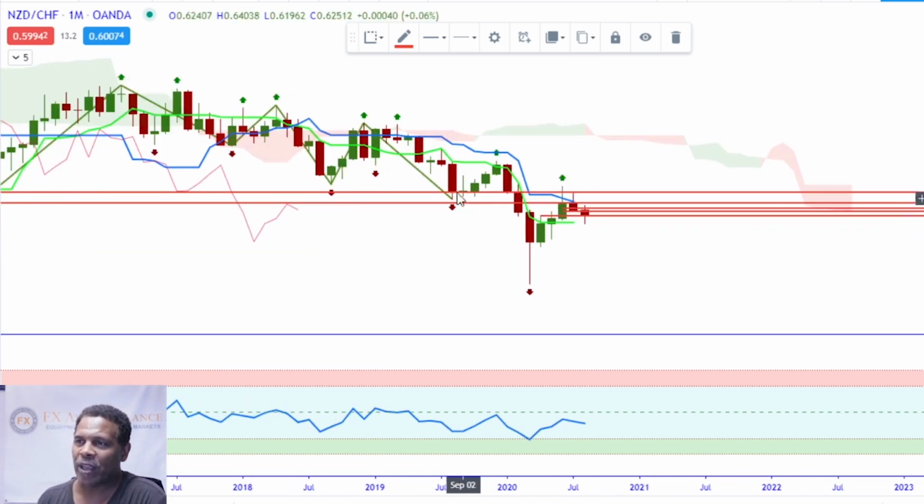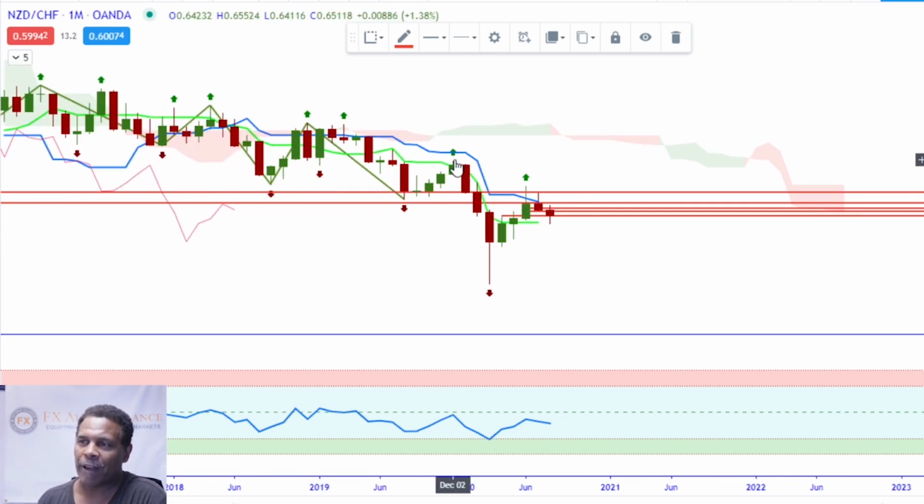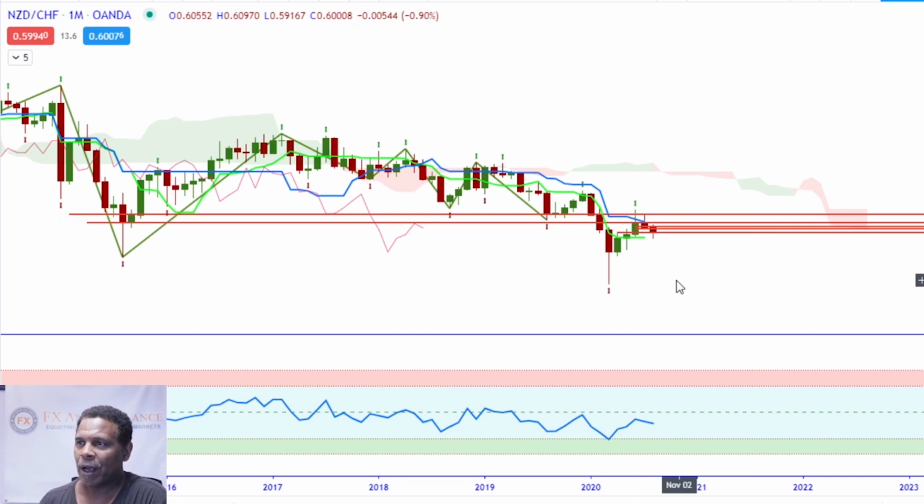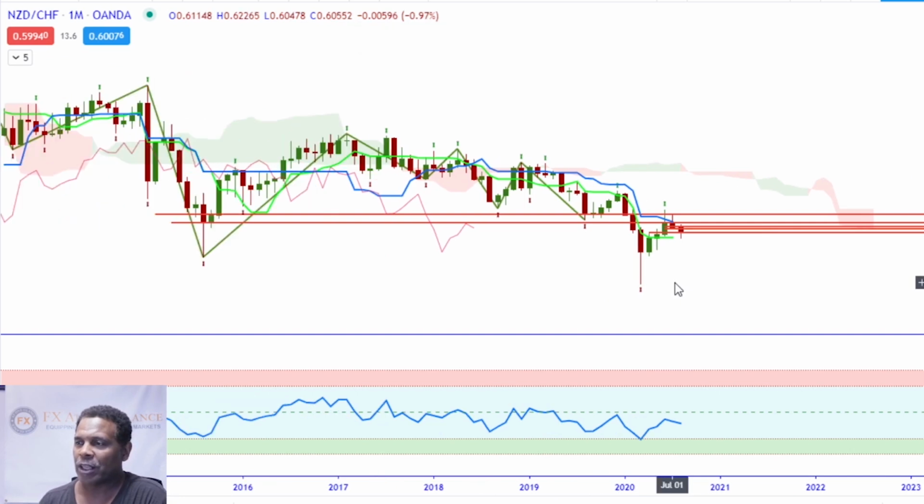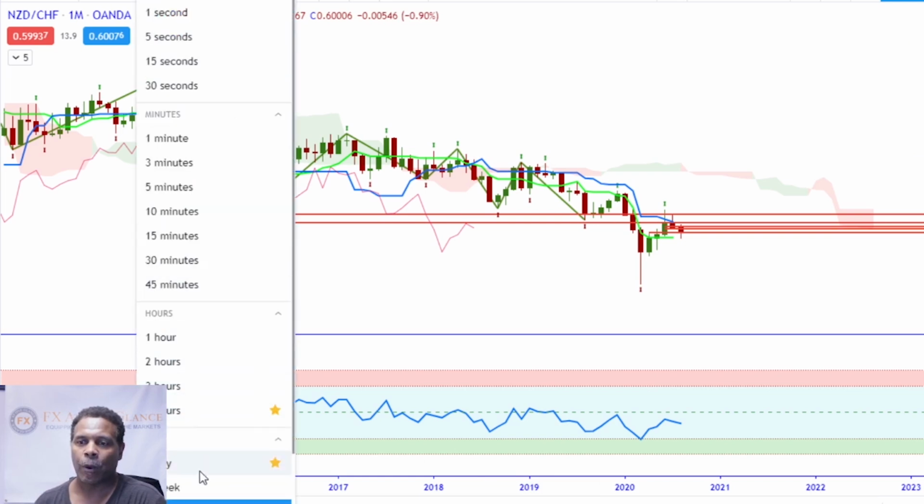So the last N wave was 1, 2, 3, 4, and then the next N wave is developing, which is 1, 2, 3, and then 4. I'm going to do my analysis for my targets on the daily time frame. So we're going to do price observation theory on the daily time frame when we go back. So let's go to the weekly,